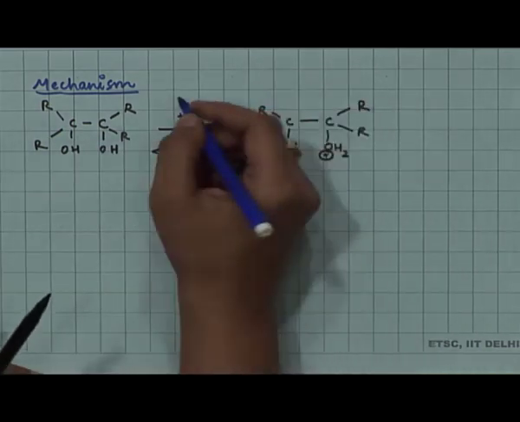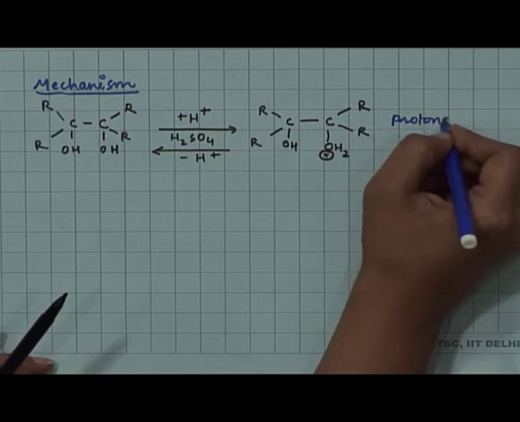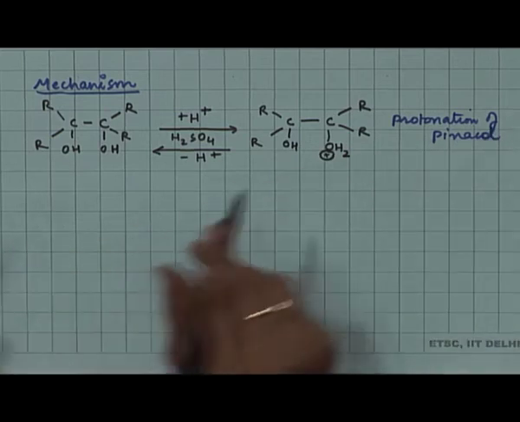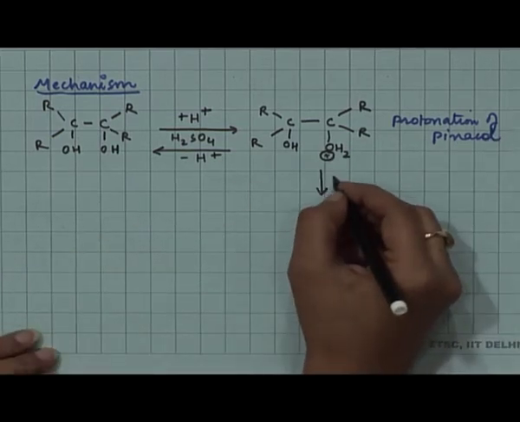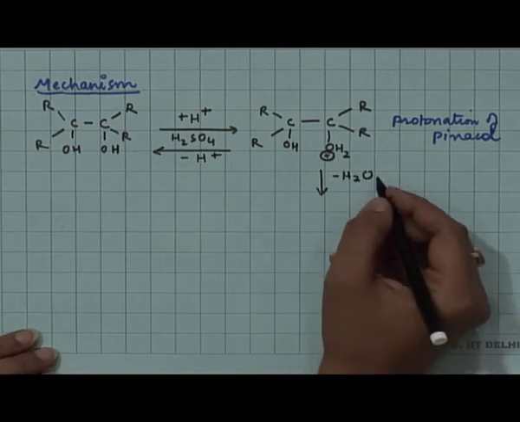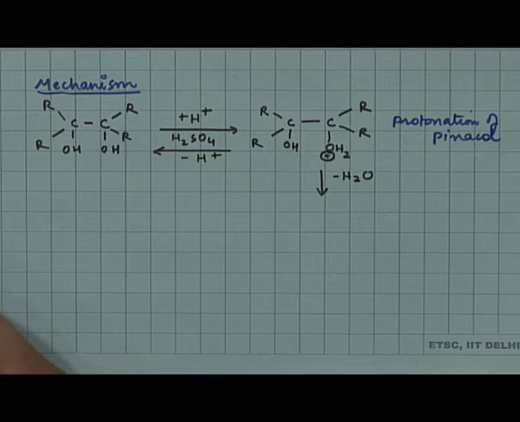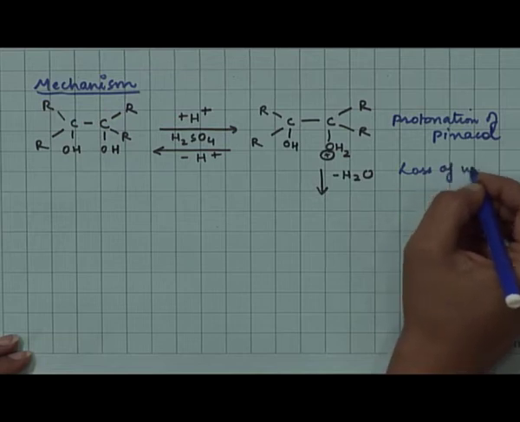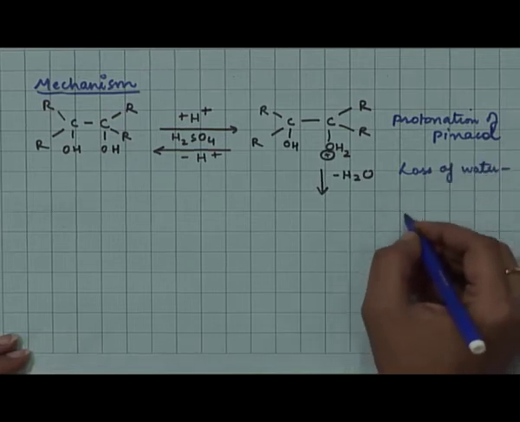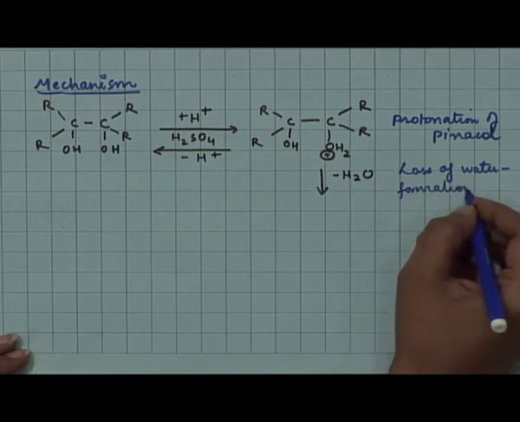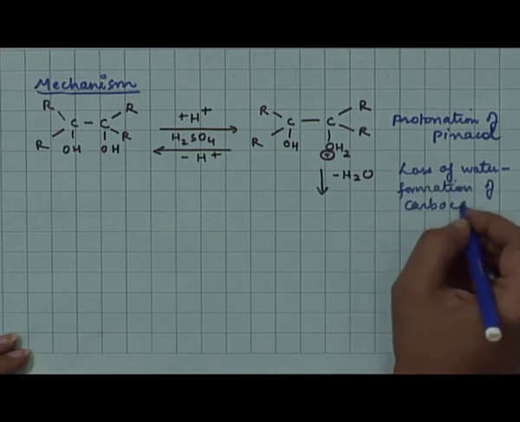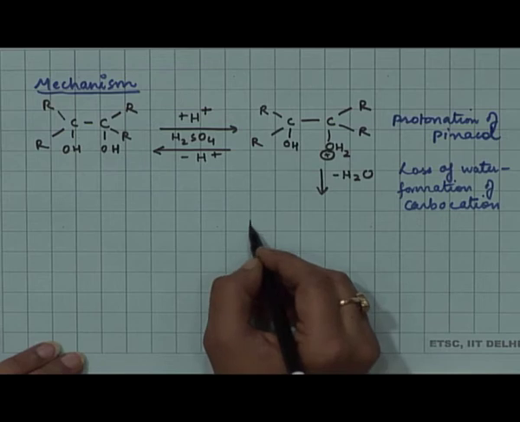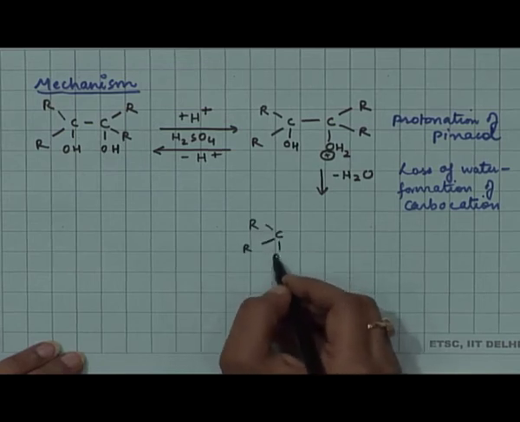So, the first step is the protonation of Pinacol, a reversible step. The next is the loss of a water molecule to give you a carbocation. So, there is a loss of a water molecule and it results in the formation of a carbocation. This is the second step, which also involves the migration of the alkyl group simultaneously. But I will show them one by one what is happening. So, this step is the loss of water